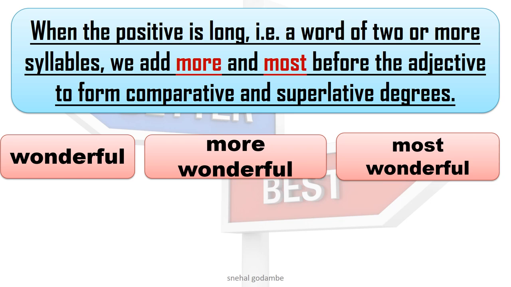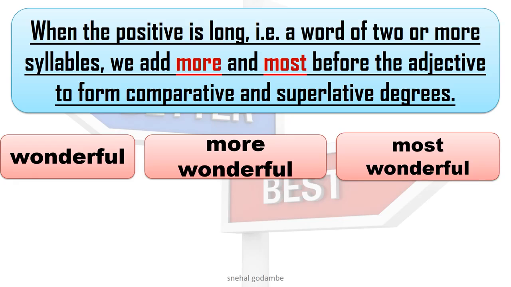Syllables you have already learned. So here I am not going to explain what syllables are and how to find them in a word. Here we are just reading about the rules of degrees. So you can remember this rule also: when there is a word of two or more syllables, don't write er or est with the basic adjective but add more and most.